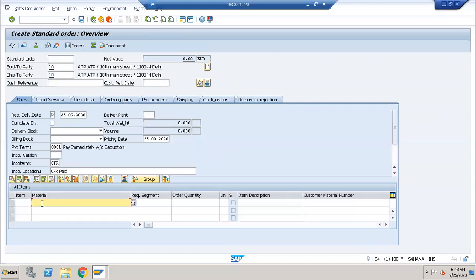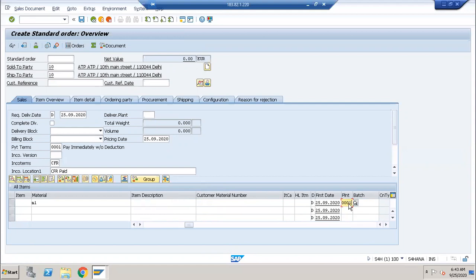And material. What is the material? Material I'm taking M1, the quantity is 200, the unit is each, and the plant is 001. I will pass.